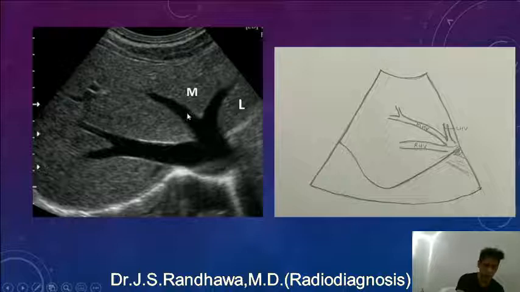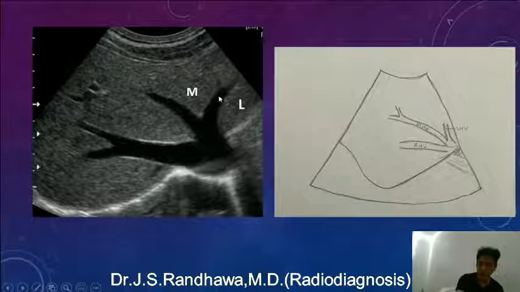Now again we go back to the superior section at the level of the hepatic veins, and you can make out here we have the middle hepatic vein, and above it, or anterior to it I'll say, is the left lobe. Now left hepatic vein is running in the left lobe, and it is separating the left lobe into two segments. One is the medial segment, and the other one is the lateral segment. Now medial segment is called medial because it is close to the midline of the liver.